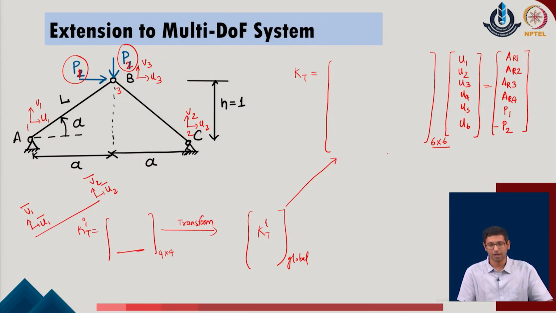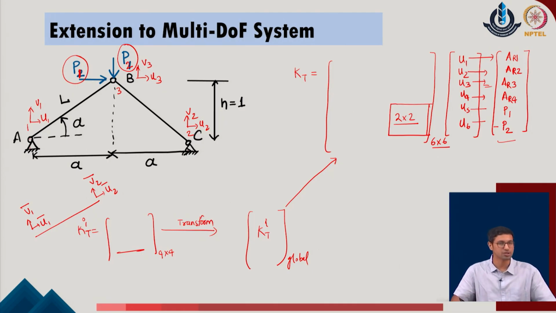Now, with this idea, I have obtained the given system, and we define the displacements corresponding to u1, u2, u3 and u4 as all 0. So, I do not need to go with this full 6 cross 6 matrix of the given system, rather I need to only concentrate on the contribution with respect to u5 and u6, and that will be easily done with respect to this given part of the system, which is a simple 2 cross 2 matrix. So, I can consider that this 2 cross 2 matrix into u5, u6 is equal to P1, P2, and that can be easily defined as the general solution scheme for the given problem.